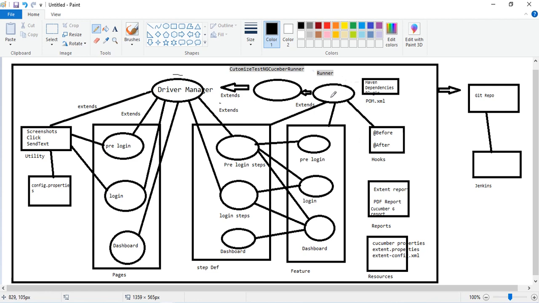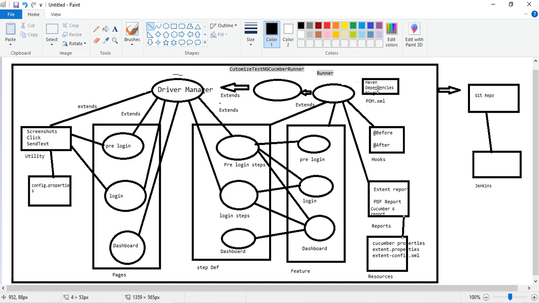Okay, and this runner, I have also shown I'm using Cucumber Adapter 6 plugin, which will generate my extent report here guys. Okay, so this runner will also generate the extent report, and in Cucumber 6 we get Cucumber 6 report as well. Okay guys, and in src test resources we have also added some properties which is needed by the extent report.